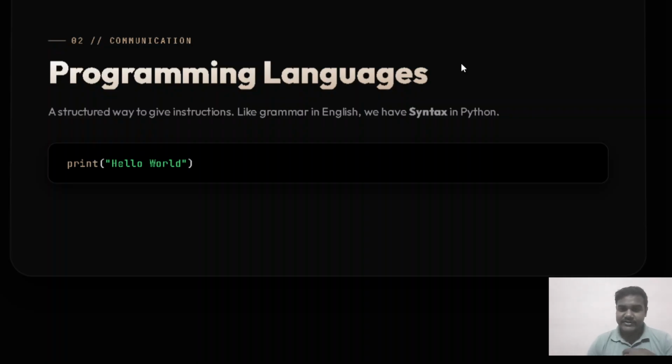That is the first question. Here's the thing, how do we humans communicate? We communicate through a language. Whatever we have in our mind, we share that thought with language. It can be in the form of English, Hindi, Bengali, anything.